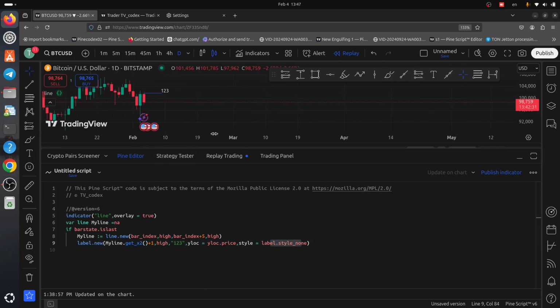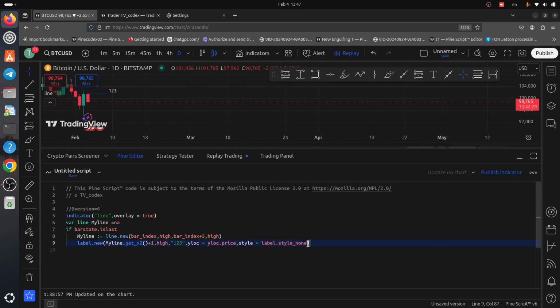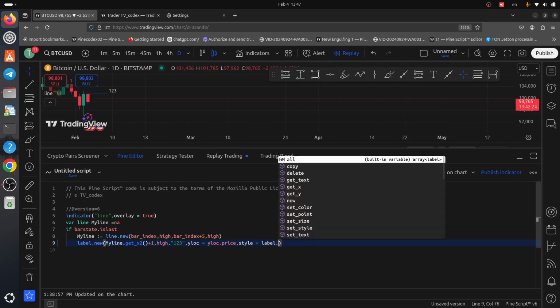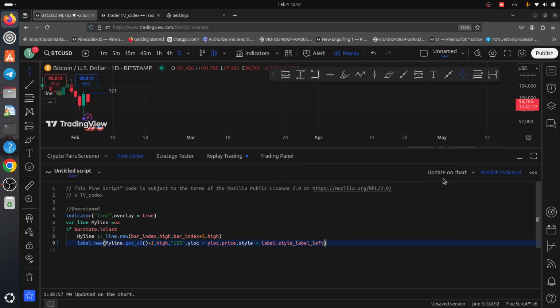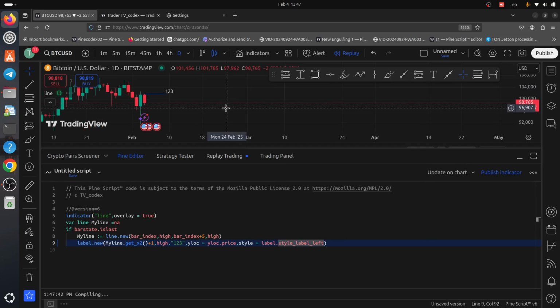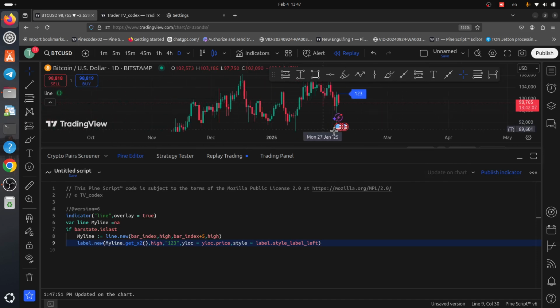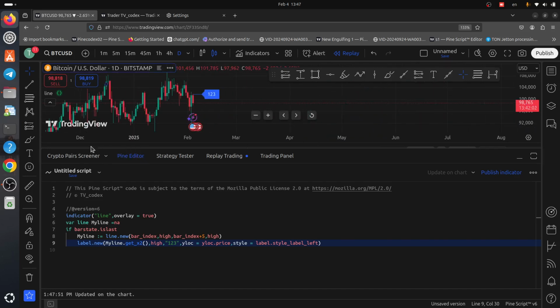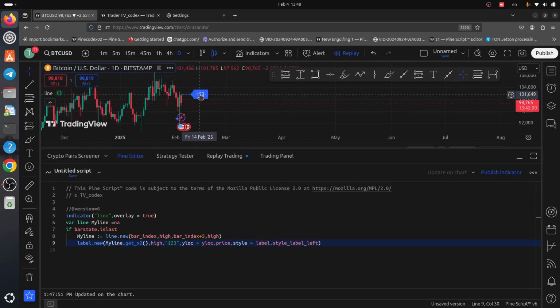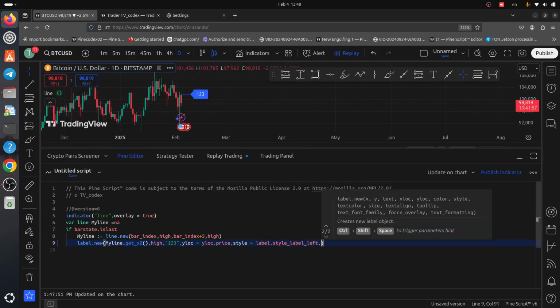To fix our issue, we write one thing here. We change the label style to left. So we update it on the chart, as you see here, and we don't need this one here. As you see, it does not change. Okay, the scale does not change, the distance does not change, but we don't want a background,